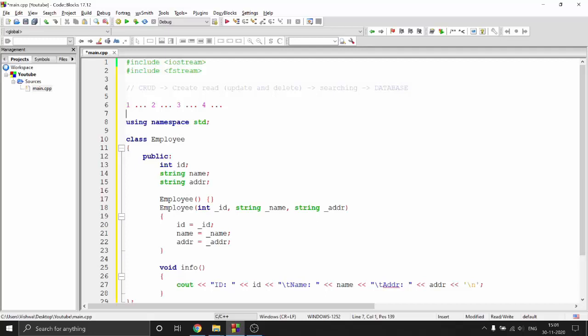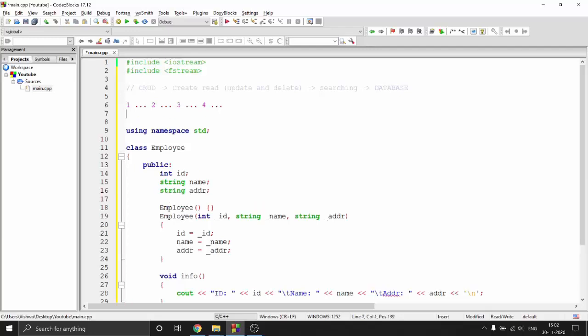Now let's say I want to do operations on this third record. I want to update or delete it, or insert a new record in between these 2 records. If I want to do any operation of that kind, I need to first find this record. So how am I going to find it? I need to move to this record. For that, you have something known as file pointers.